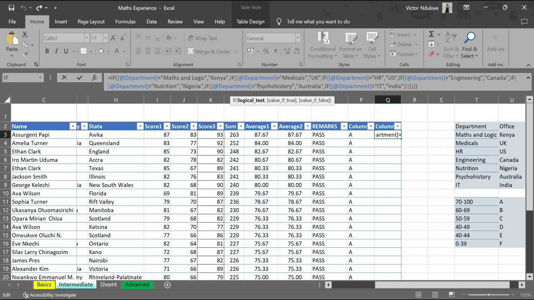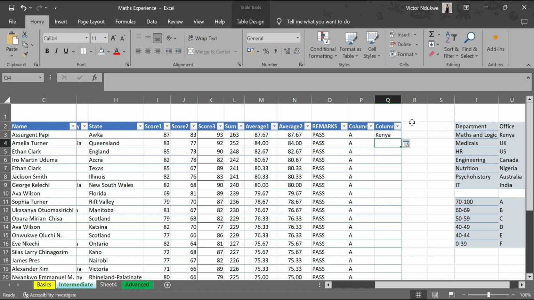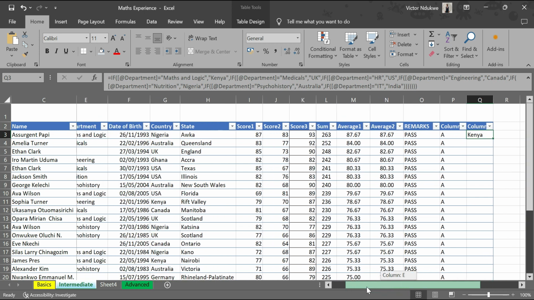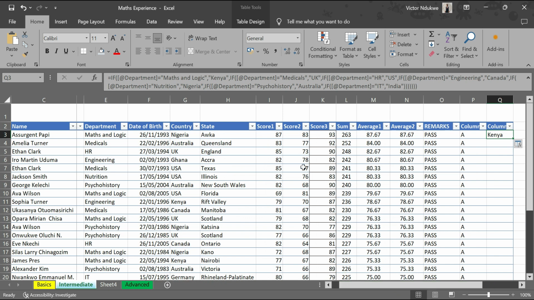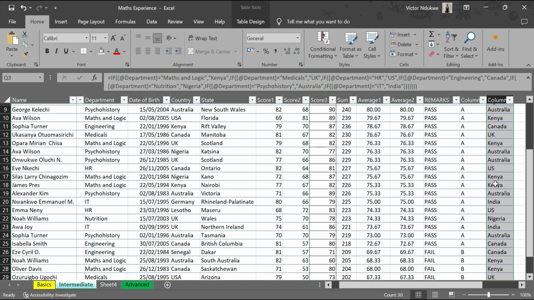So I've added all my parentheses to close those logicals and then enter. So it says Papi, maths and logic is going to Kenya. I'll just drag this or double click and then it has splitted